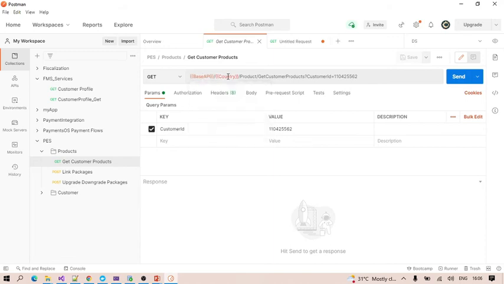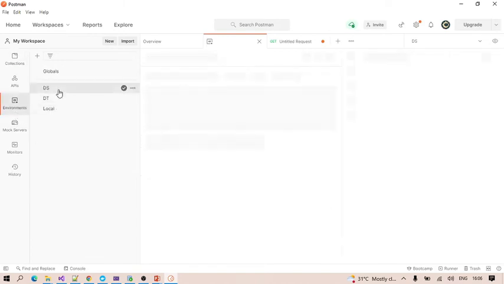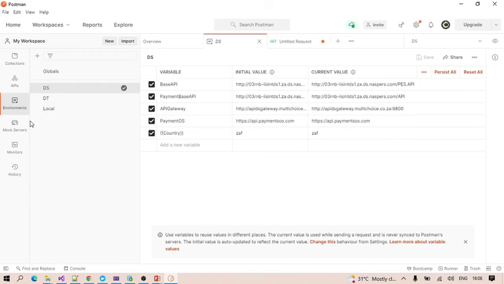See, the country might have been available, but currently it's not available because it's not defined inside this DS environment. So let me show you the environments first. See here, inside this DS environment, I have created this base API variable, and this base API variable contains this particular value.